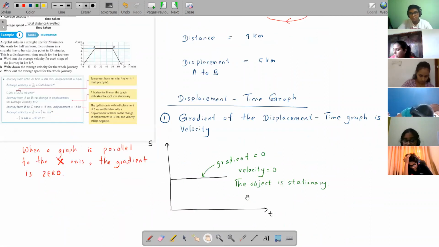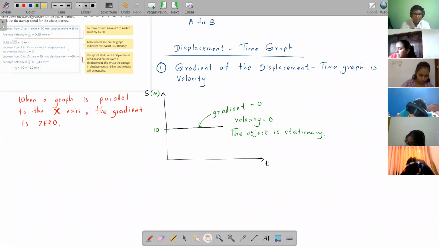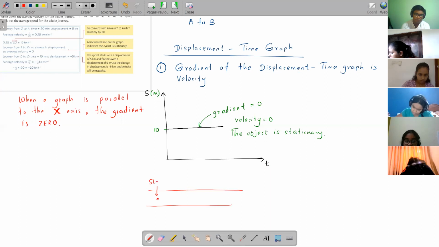Okay, so have an idea, try to understand all of this. So then you might say you have this displacement point is 10 meters. So this displacement is 10 meters. So what does this mean? If this value is 10, it's like this. What's happening here really is, now say this is your road and this is your starting point. So 10 meters after the starting point, you are over here. This is your object. Your object is staying stationary, not moving.